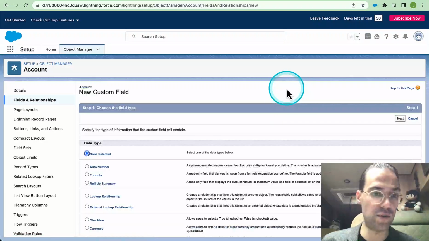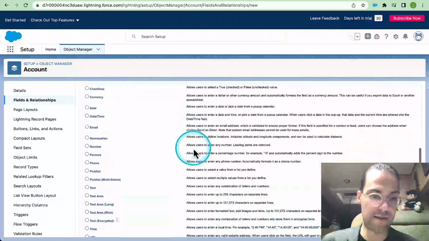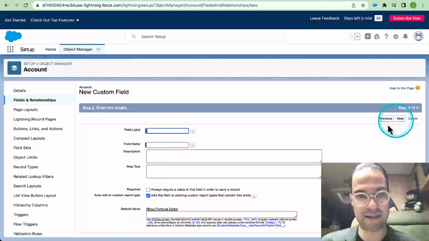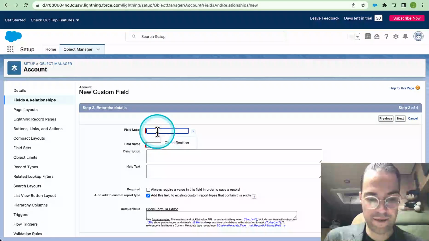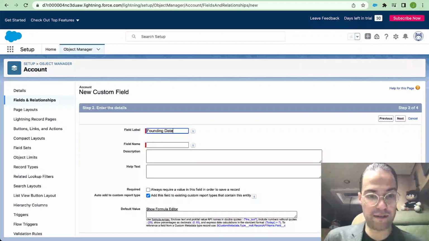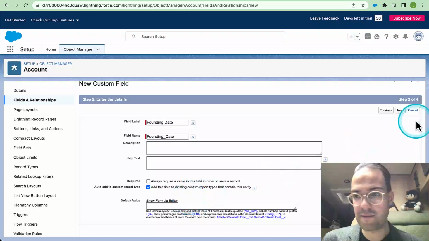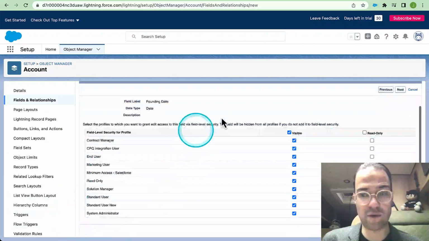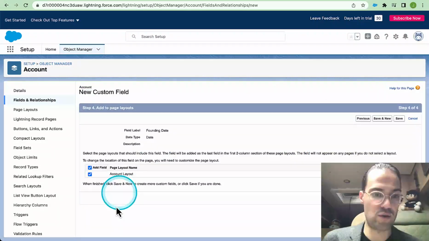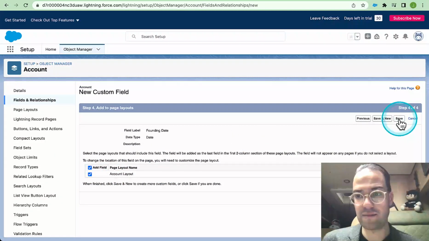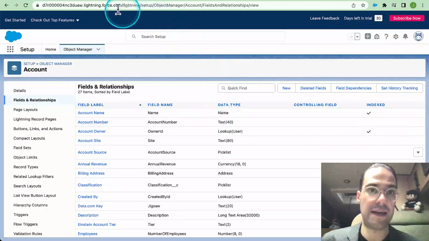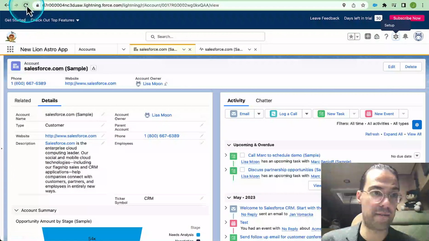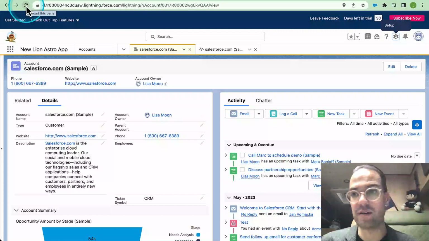Let's say new, and date, and we go to next, and founding date, and we go to next, and it's visible for all profiles, and it should also be added to the account. So we go to save,